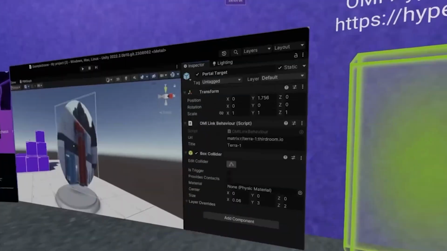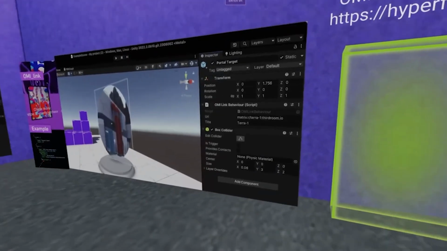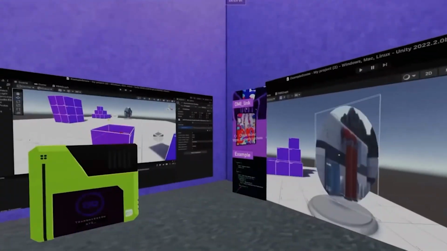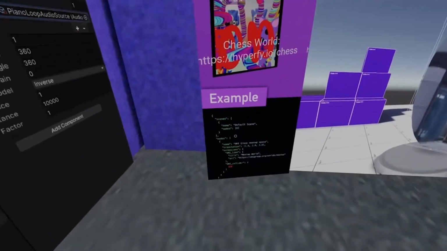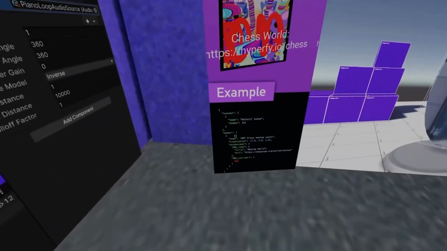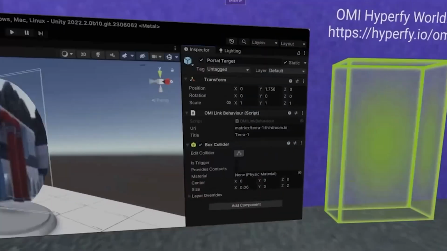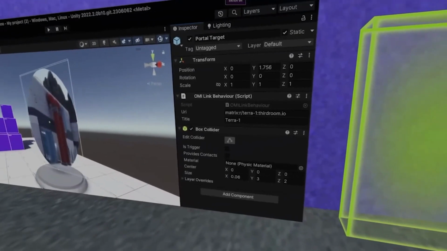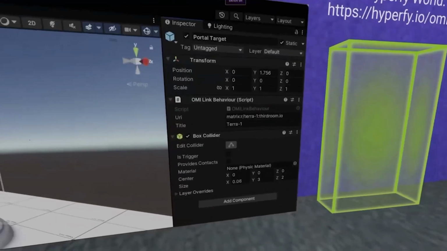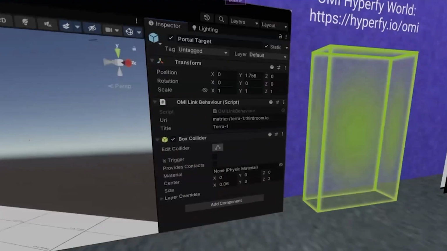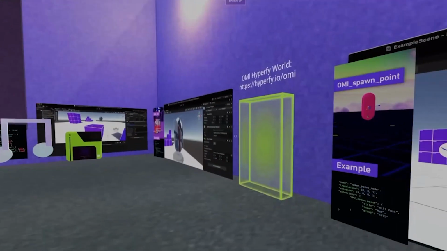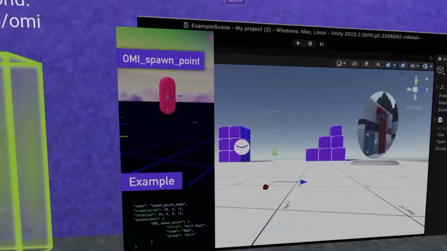So again, with the behaviors, we have this collider that exists alongside the actual link extension, which is this JSON here. And this can be more modular, where you could have something that's not even a collider that represents it, just this data stored in maybe bookmarks. Like you could have a space that has a bunch of bookmarks or something like that. But this is one implementation for that.